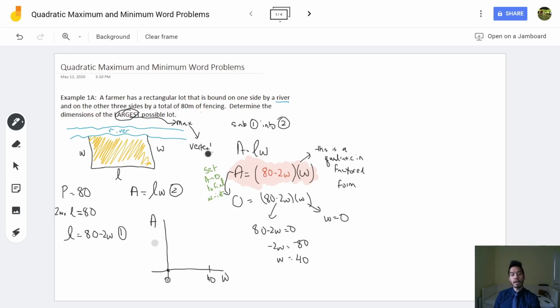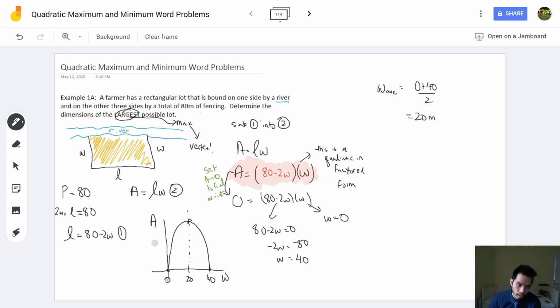All right, but this is not what they're asking us to find. They're asking us to find the maximum. And we know that the maximum occurs in the middle between these two w-intercepts. So we can find the average width, which is also known as the axis of symmetry for that parabola. So we're going to average out these two numbers, which most of you can do in your head. So 0 plus 40 divided by 2 is going to be 20 meters. So this is when the maximum of this parabola occurs,